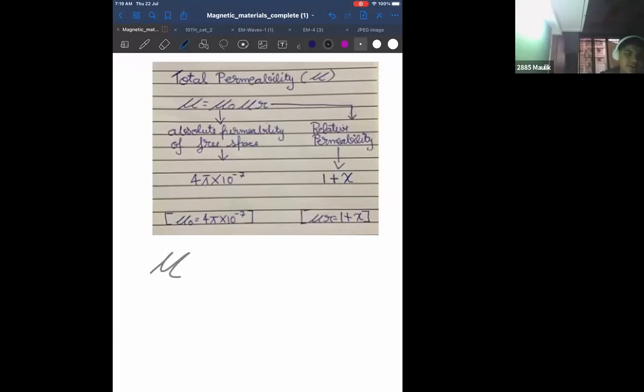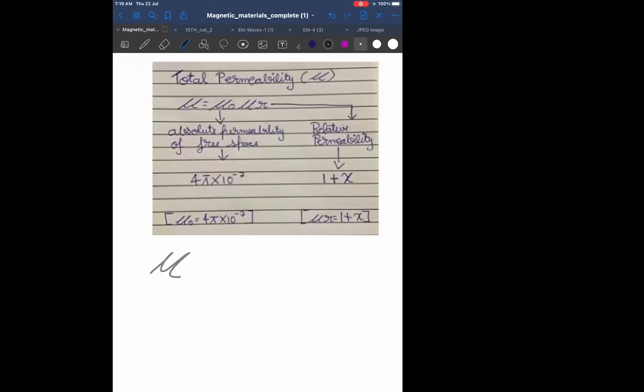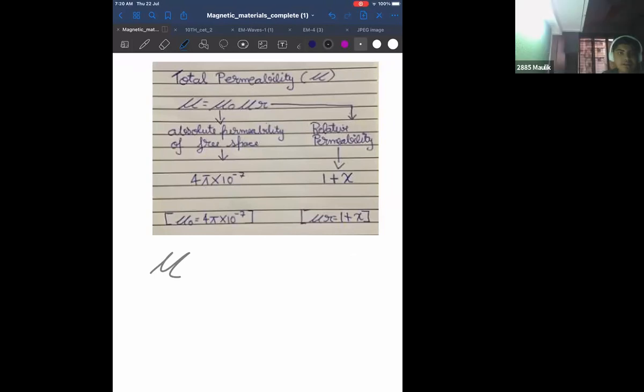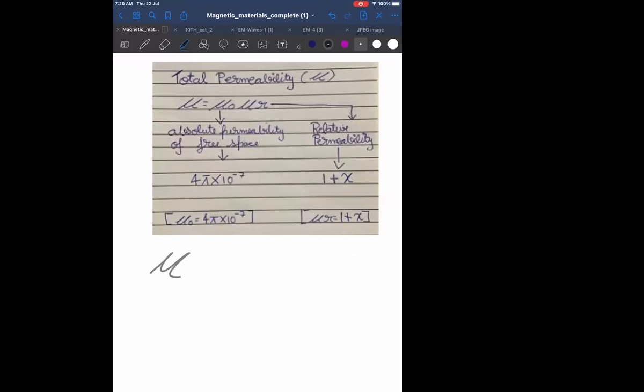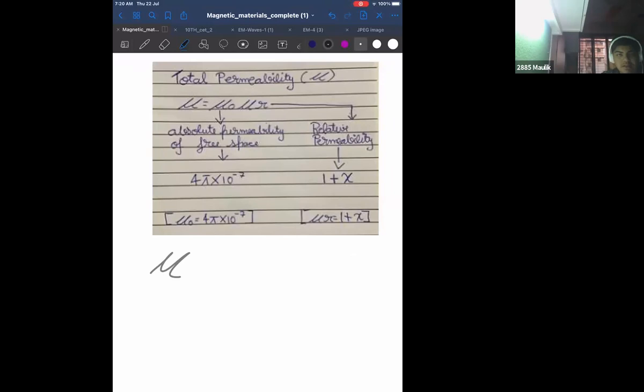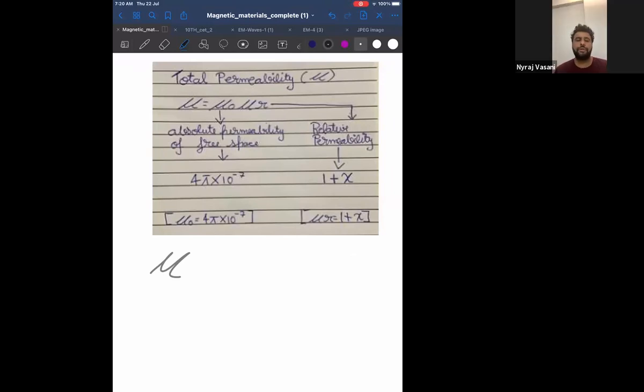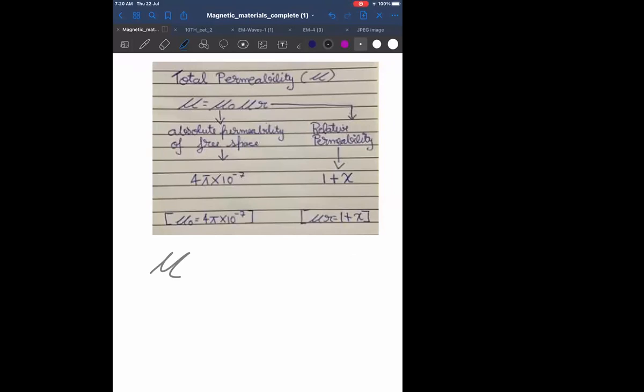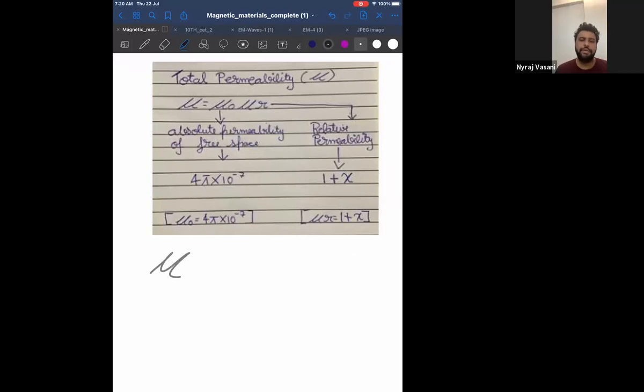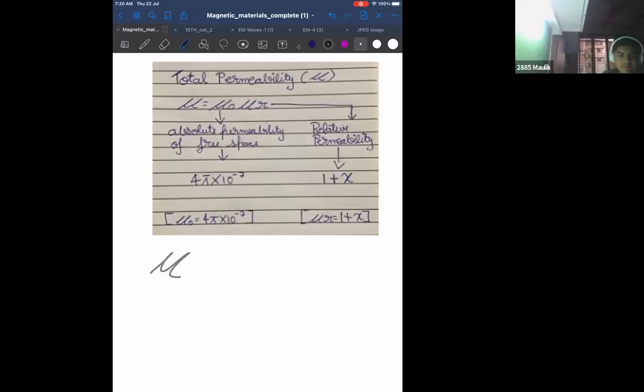Sir, the table is remaining, the differentiation we have to complete. That diamagnetic, paramagnetic table is remaining. Yes, that is fine. Keep it. As and when we go ahead, four points, right? The fourth point was the example which you had to do as homework. Yes, keep that page as it is. As and when we keep getting the points, we'll fill that table. Okay. Now come to this topic.